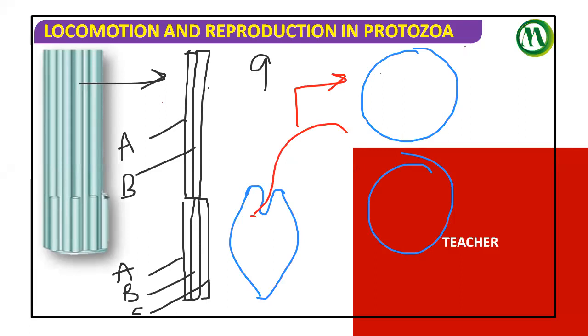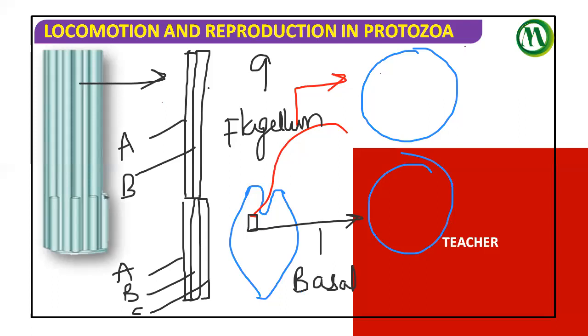So this one is the transverse section of the flagellum, and this is the transverse section of the basal granule. So what is this? This is the flagellum. Why am I taking time here? That visual is very important. If we get the visual, it is so simple for us to learn the basal granule. Understanding this visual is also very important for us in the movement of the flagellum.